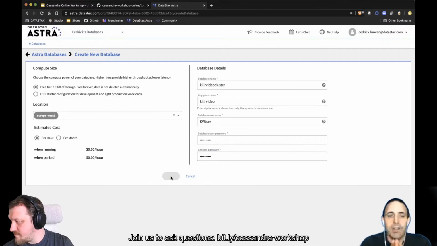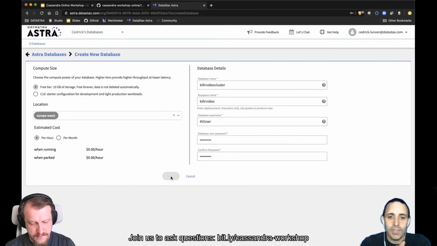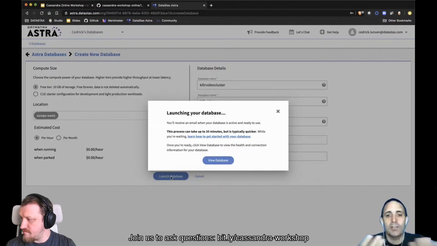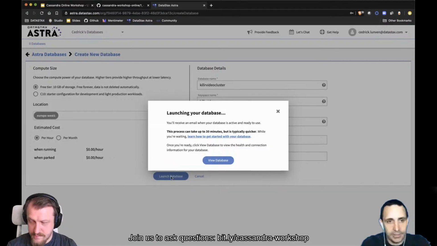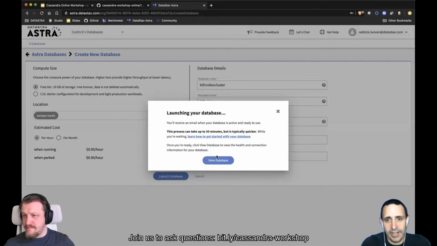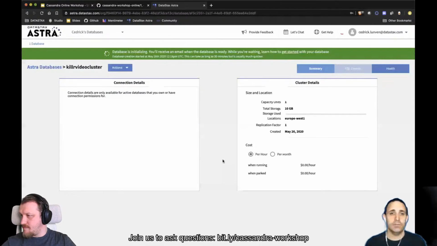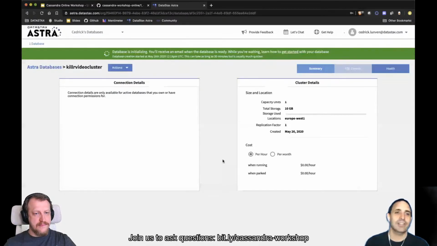When I launch the database, Astra will give me a 3-node cluster or 1-node cluster, depending on the configuration I've asked for. It may take a few minutes, let's say up to 10 minutes. Remember, we are now 300 people logging in and creating databases at the same time.